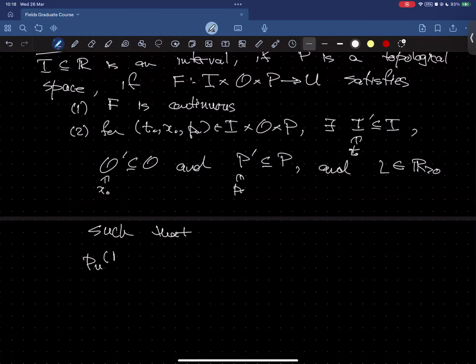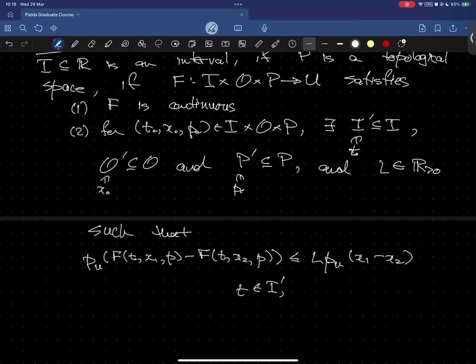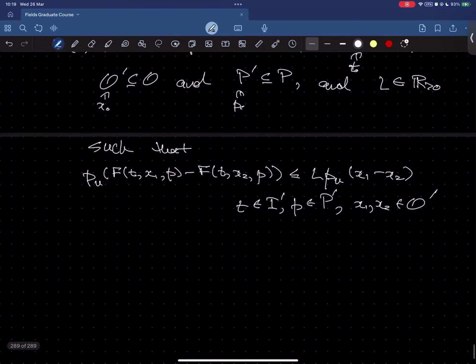P sub U of f(T, x1, P) minus f(T, x2, P) is less than or equal to L times P sub U of x1 minus x2. This holds for every T in I prime, P in P prime, and x1, x2 in O prime. Okay, so those are the assumptions, right? So f satisfies these two conditions. Okay, then